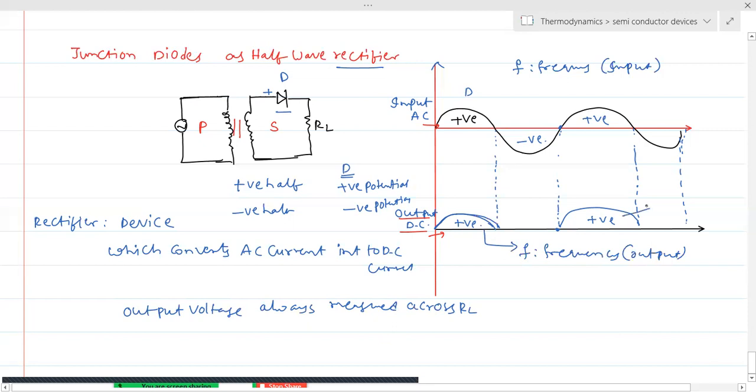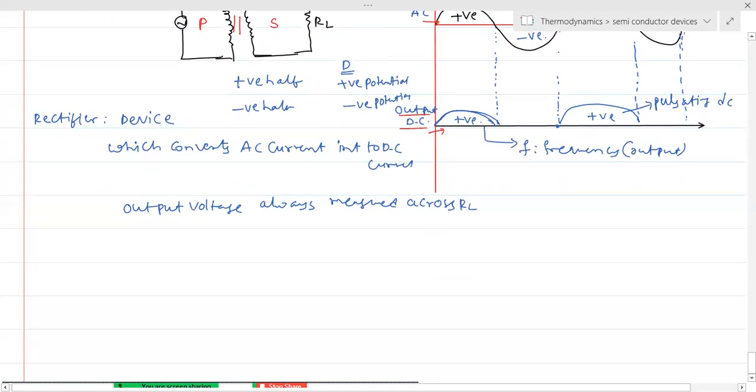So we will call this the not perfectly pure DC. This is called pulsating DC, because the current increases as well as decreases. So here, we need to remember some factors for the half wave rectifier. For the half wave rectifier, we are taking the average output